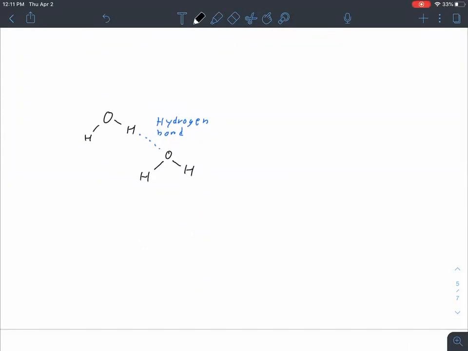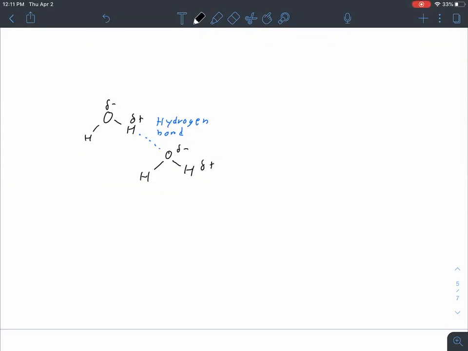And so if we look at a very important molecule in life, water, water is able to form hydrogen bonds with itself. And hydrogen bonds are not actually a bond between atoms. They're an interaction between two molecules, and that's important to note. And this is an attractive interaction caused by this partial negative and partial positive, caused by these polar